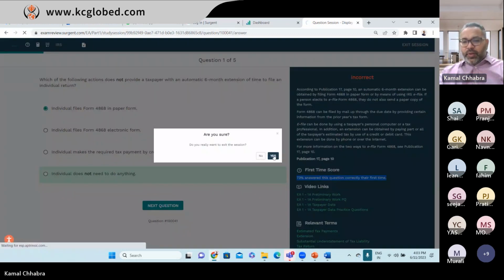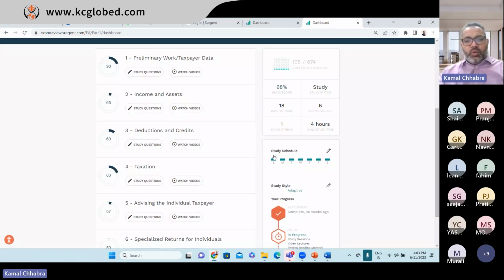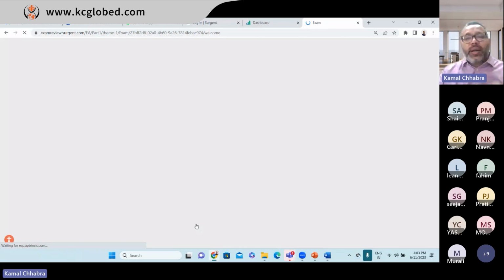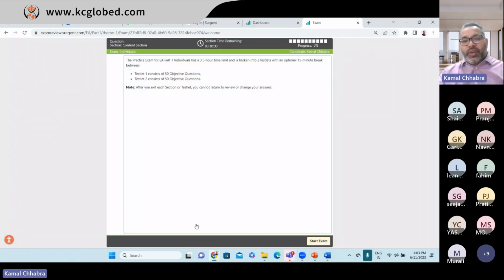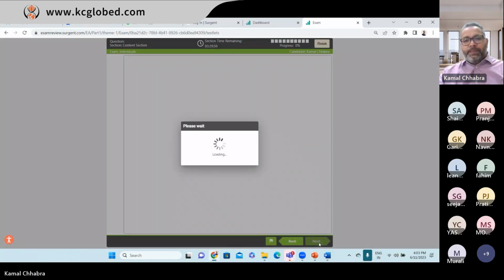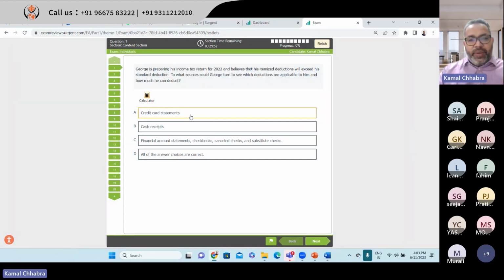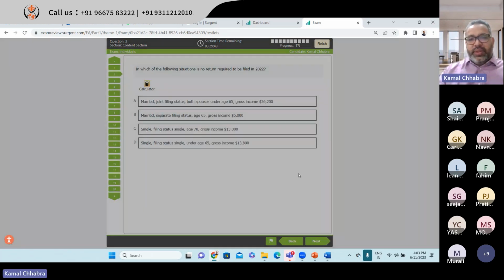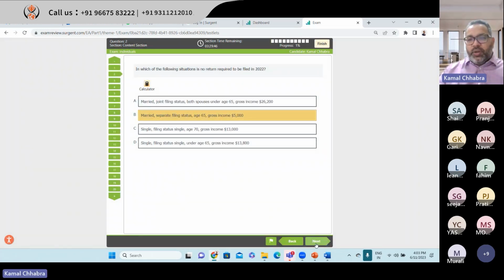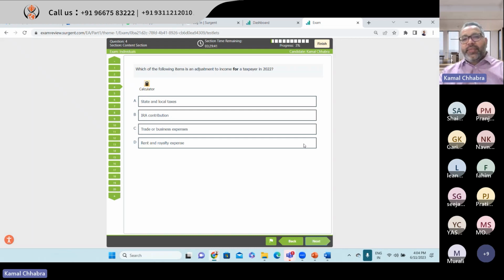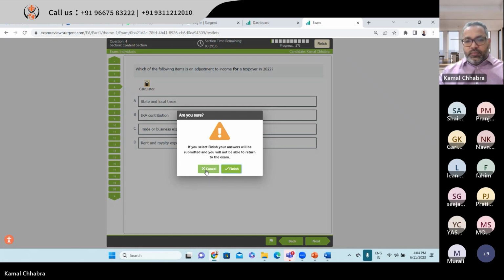And then once you are done with all your study, you can do the mock test, like taking a practice exam. This practice exam would be 100% the same as how it will come in your actual exam. You can just click on start exam, and this is how the actual exam would look and feel. In the same way, if you click over here, go to the next, it will take you to the next question. Once you submit all these, it will take you to the end slides. This is exactly how the exam will look.